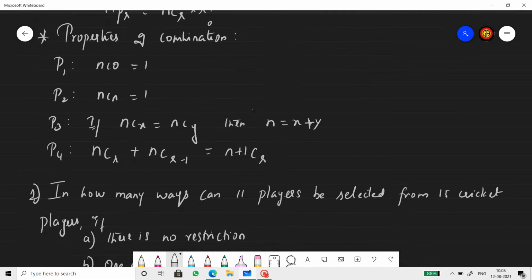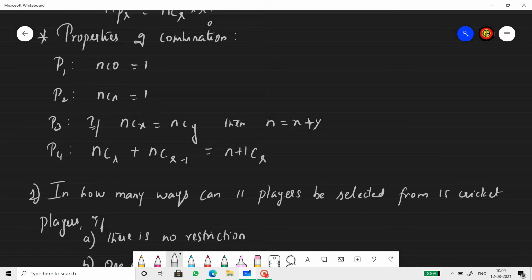Now, properties of combination. Property 1: nC0 is 1. For example, 5C0, 10C0, 9C0 are 1. Property 2: nCn is also 1, like 5C5, 10C10, etc. is 1.